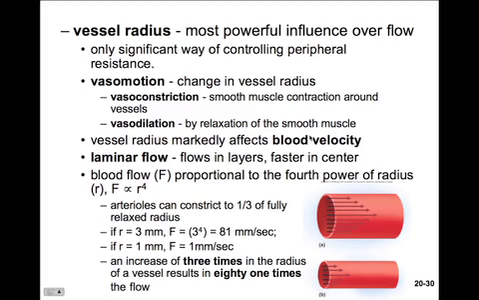Now, the vessel radius has the most powerful influence over flow. This is really profound. It's the only real significant way of controlling peripheral resistance, because we can't very well change the length of our vessels, and it would take significant effort to change the viscosity. So vasomotion, or changes in vessel radius, are the best way for us to accomplish influence over the rate of